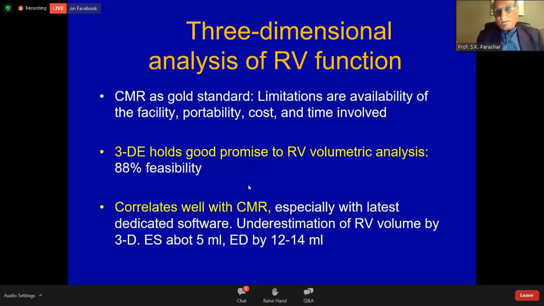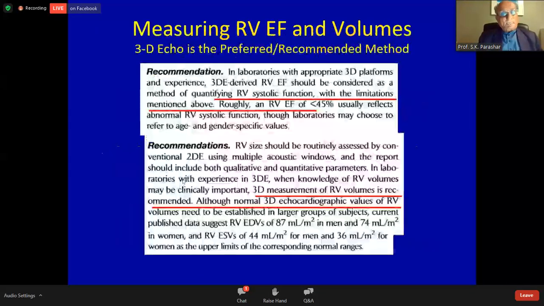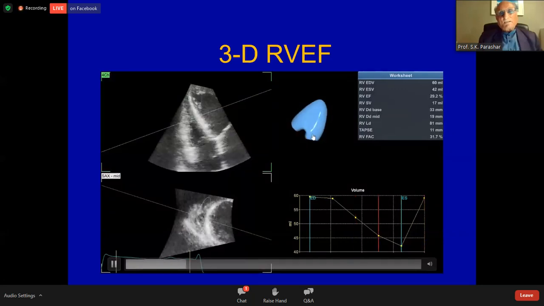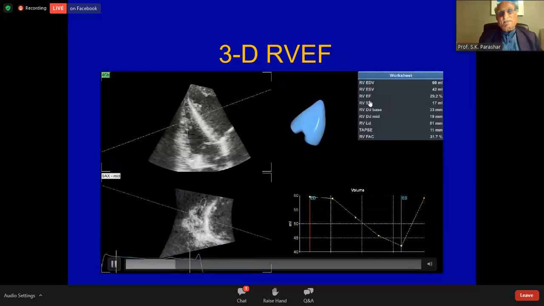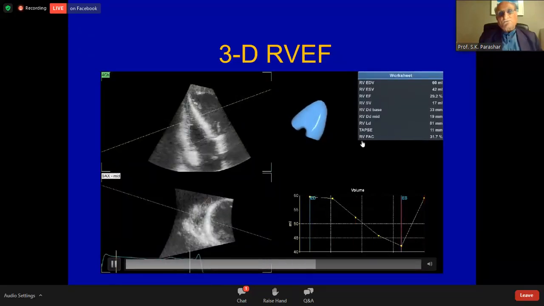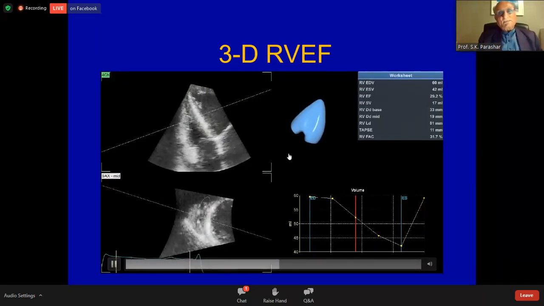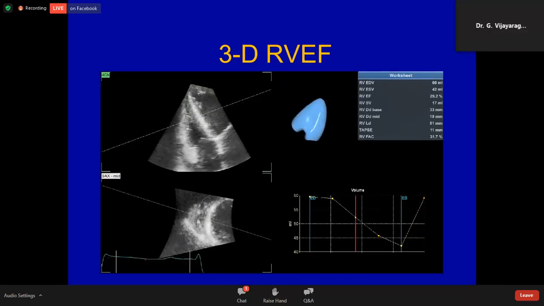How much it is done in daily clinical practice, I am still doubtful. Although the ASE also recommends that it should be utilized to look at RV ejection fraction. Some of the latest equipment, besides giving the RV diastolic and systolic volumes and the ejection fraction, also give us the value of the TAPSE and the fractional area change. Though it is a time-consuming process, on a daily basis I doubt how much it is being